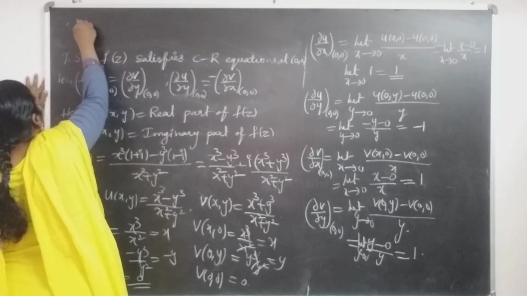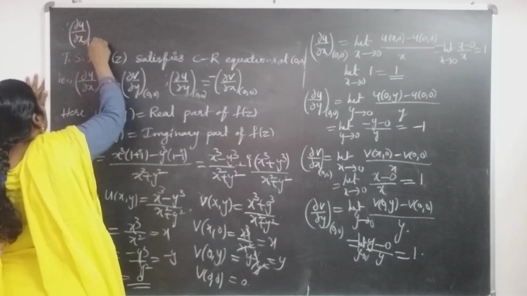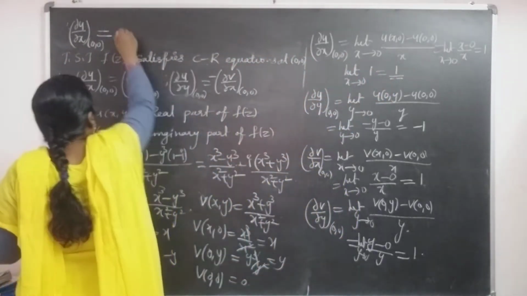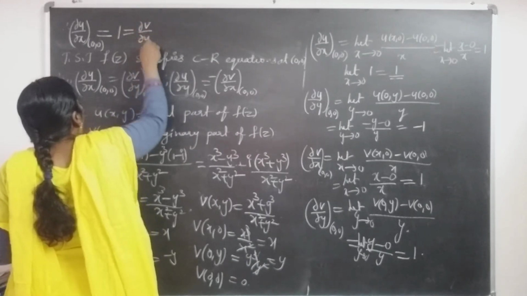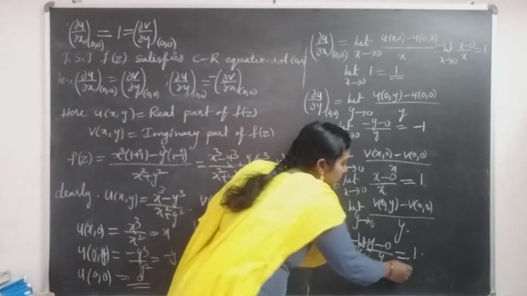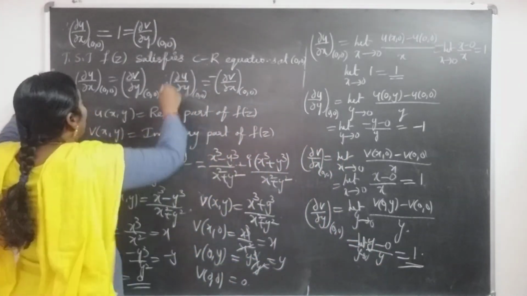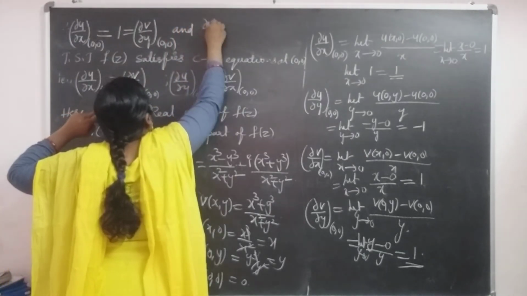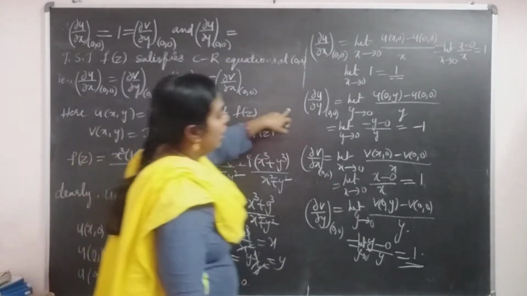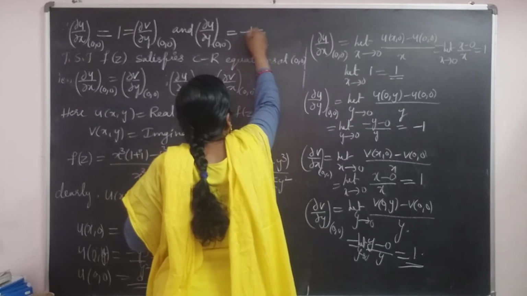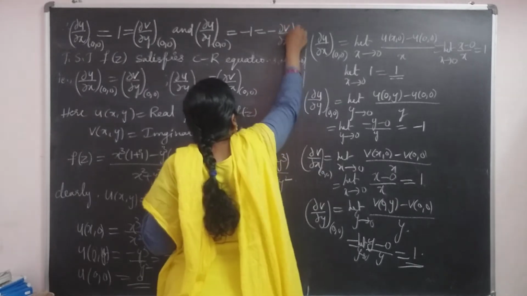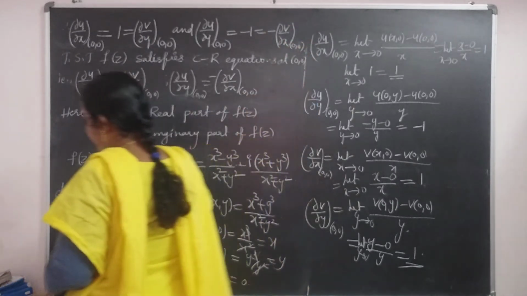Therefore dou u by dou x at origin is 1, that is equal to dou v by dou y at origin, this is also equal to 1. And dou u by dou y at origin is equal to minus 1. This is minus of dou v by dou x at origin. Therefore,